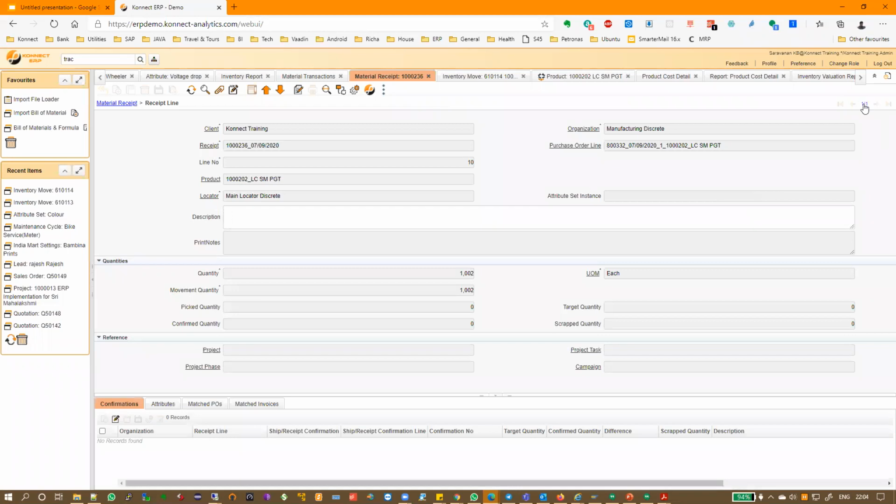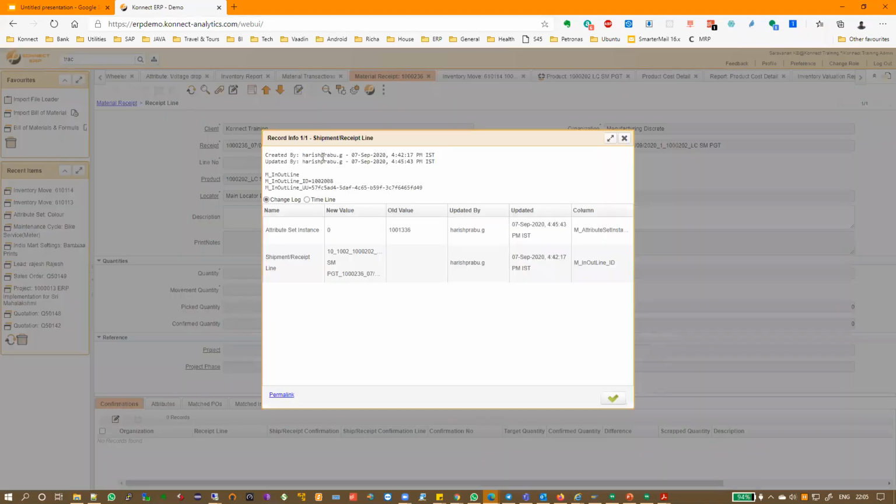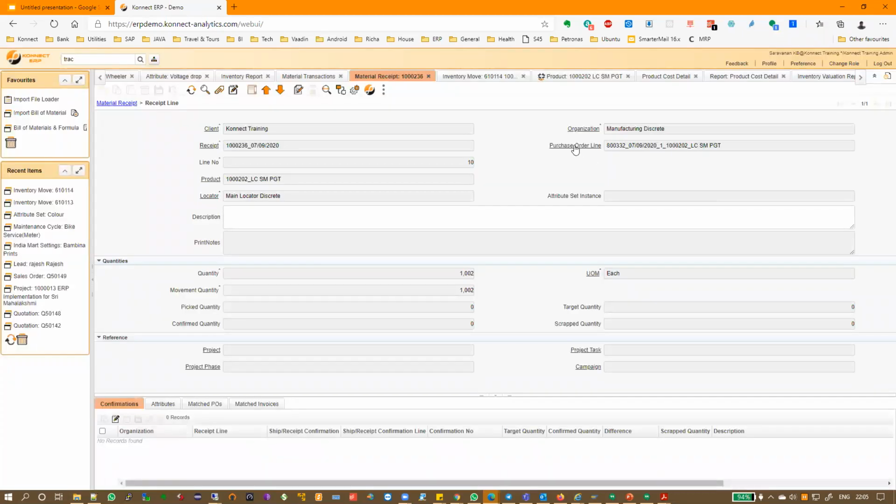For example, this came in through a purchase order. It was created by Harish Prabhu on 7th September against this purchase order. So I go to the purchase order.